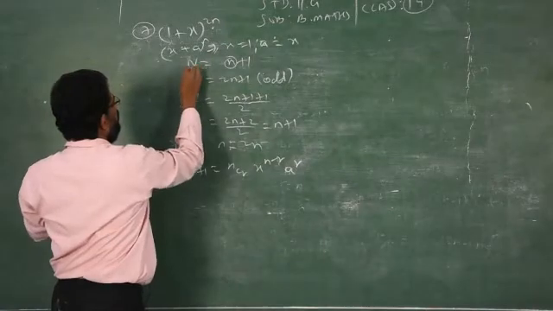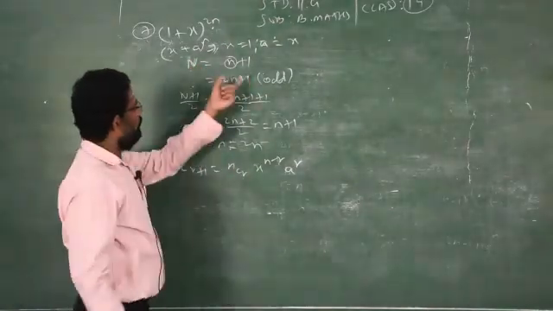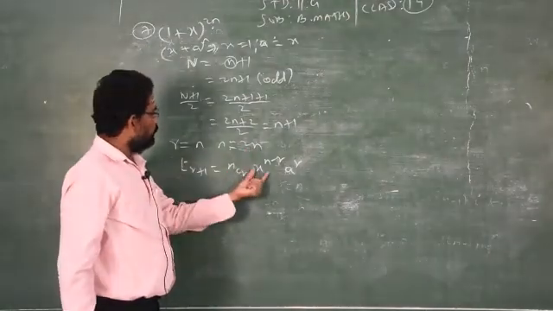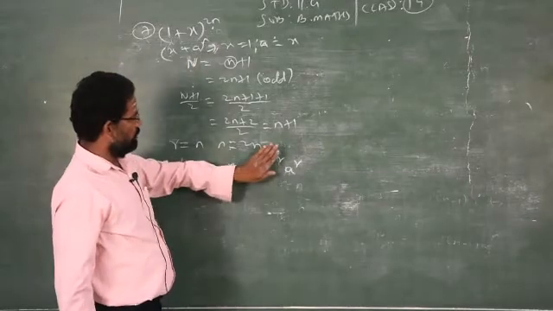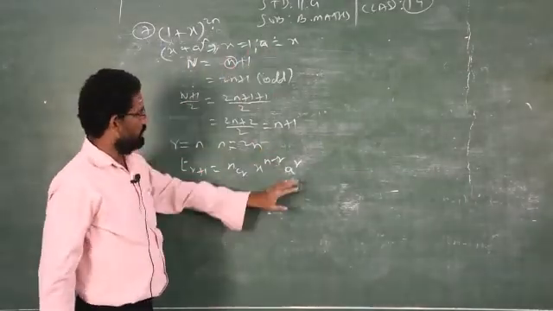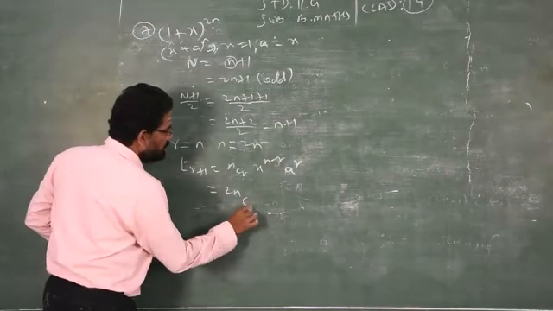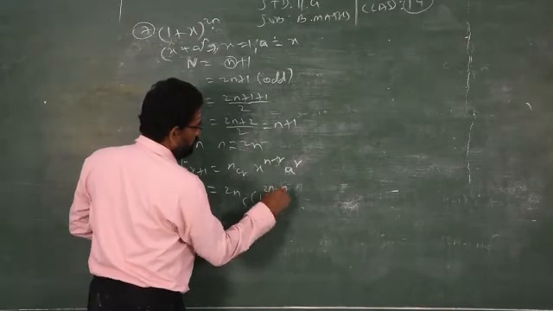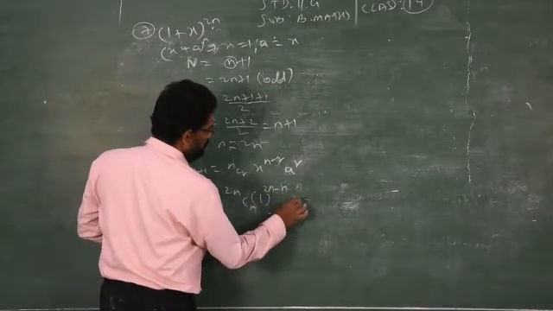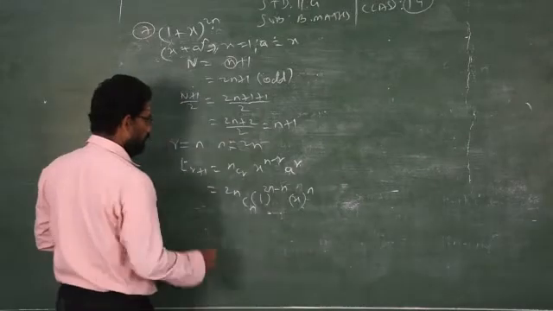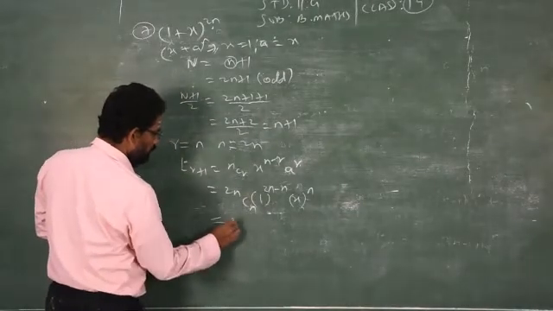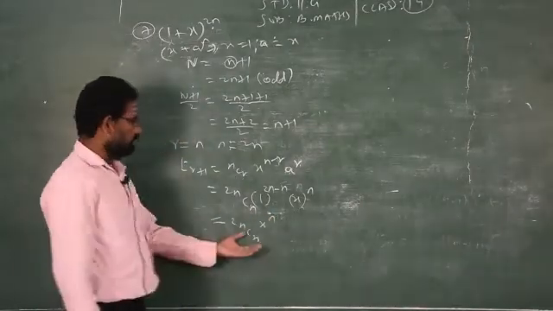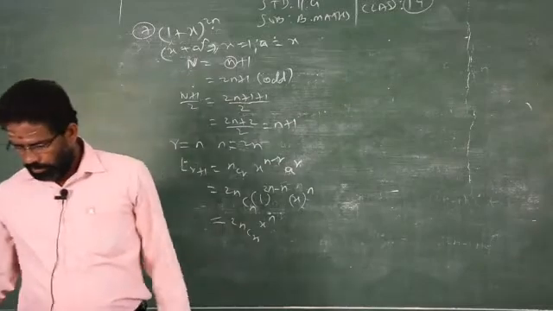Then you know how to find out capital N by using n plus 1 formula. Same process, you have to replace n by 2n, r by n. What is your x? 1 power anything is always 1, this is not necessary, a is replaced by x, x power r. What will come actually? 2n combination with n, this will become x, x power 2n minus r, 2n minus n, a is x power, r is replaced by n. So 1 power anything is always 1, so you will get 2n C n combination with n, then x power n. So just you have to simplify like previous model, you will get answer.